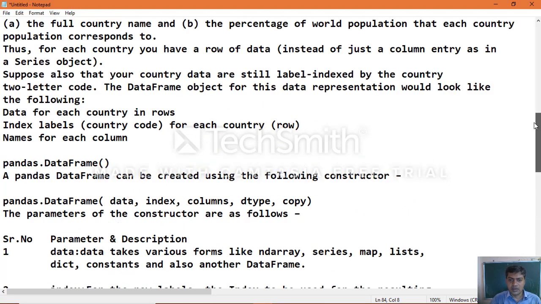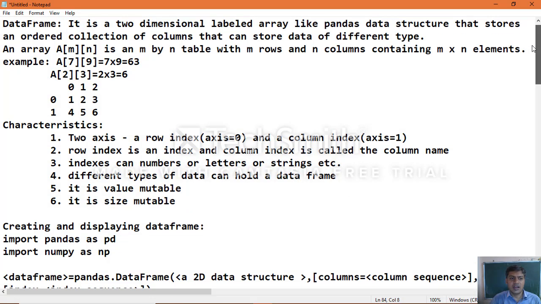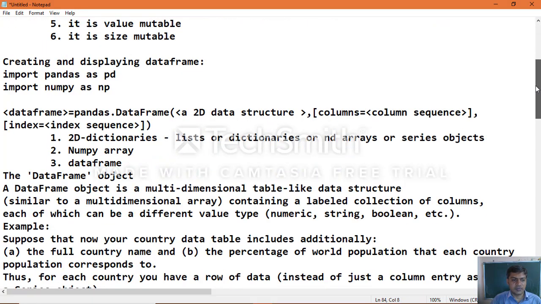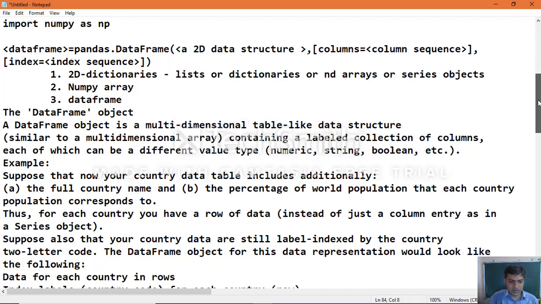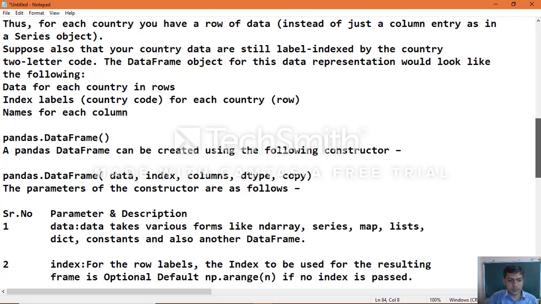What is a data frame? Then what is a 2D array, and the representation of a 2D array with a diagram, table, and characteristics of a data frame, and how you can create a data frame, the syntax of data frame creation, and in how many ways you can pass data to a data frame: dictionaries, lists, ndarrays, series objects, and data frames.